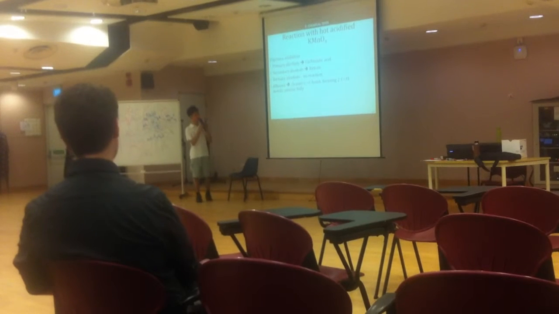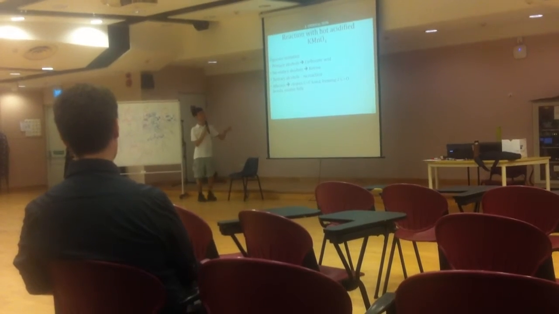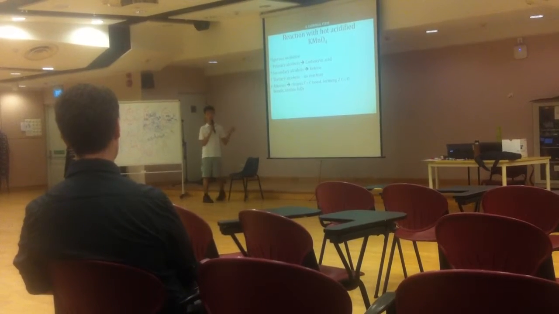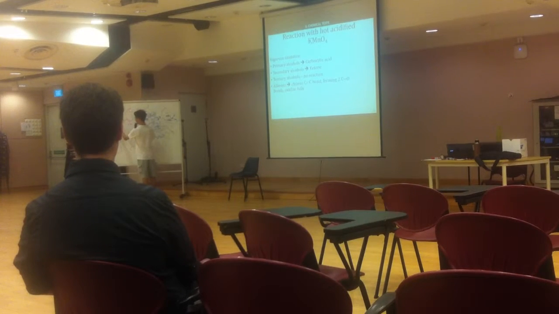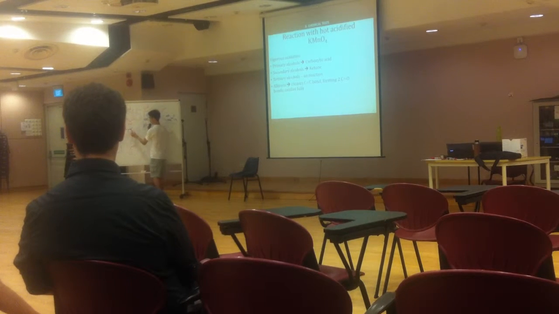And for alkenes, it cleaves the C=C double bond and forms two C=O bonds, and it fully oxidizes these two products. So let's say if we have something like this alkene over here, it will cleave this double bond and generate two different compounds. I can generate a ketone, and then this part is an aldehyde. But I need to fully oxidize this, so I turn this into a carboxylic acid.